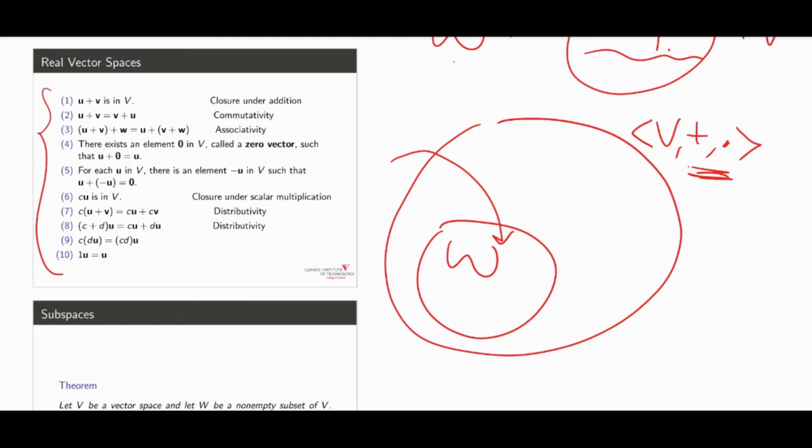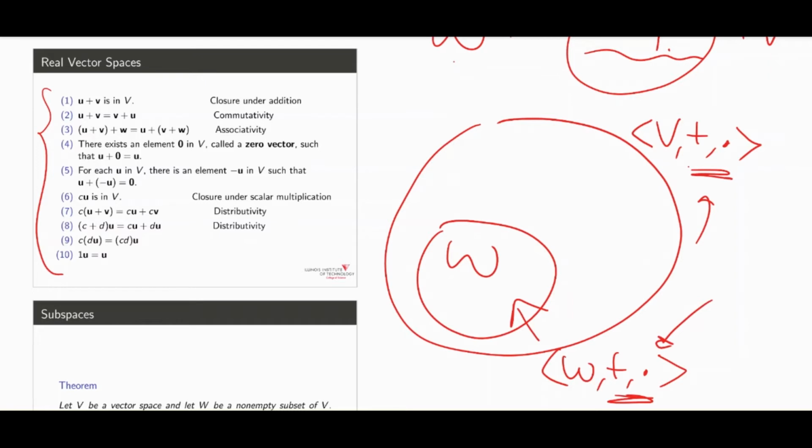But in order to check subspaces, whether or not this set W together with the operations inherited from the vector space V is a vector space,